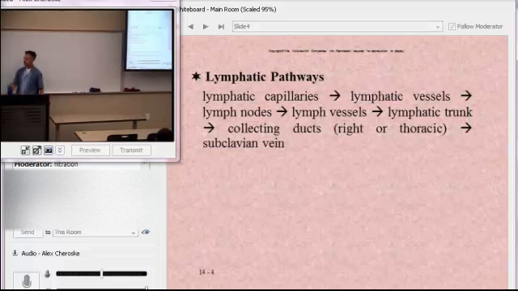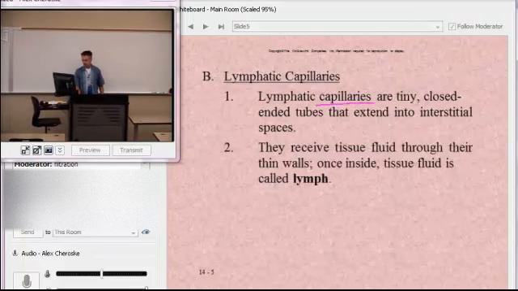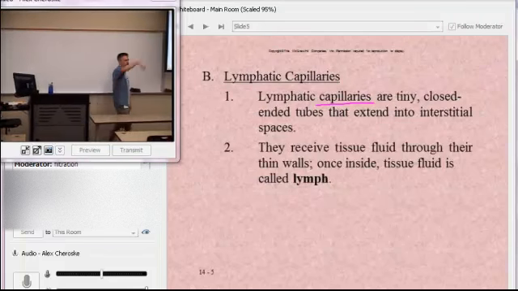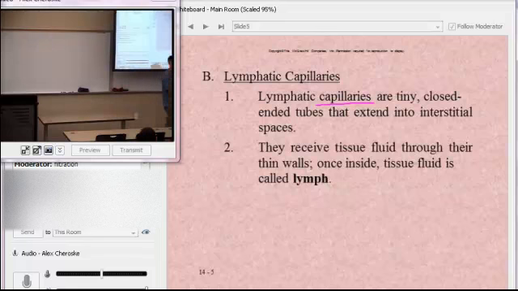Okay, so let's take a look then at these lymphatic vessels. Lymphatic capillaries are going to be the smallest ones, and that's where the lymphatic system starts. It starts as these blind-ended lymphatic capillaries. It's not a big circuit. And these are also made of simple squamous epithelium, very thin walls. But these are a little bit, if you will, leakier than regular cardiovascular capillaries. In fact, where these different flat epithelial cells come together, they actually have little openings between them like this, so that we can pick up excess fluid and even things like bacteria or fragmented cells